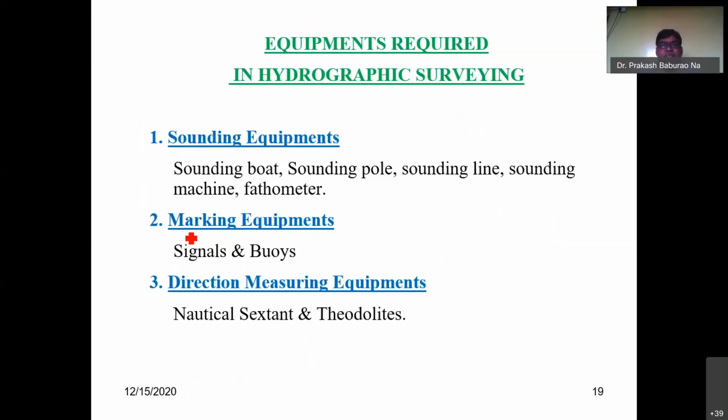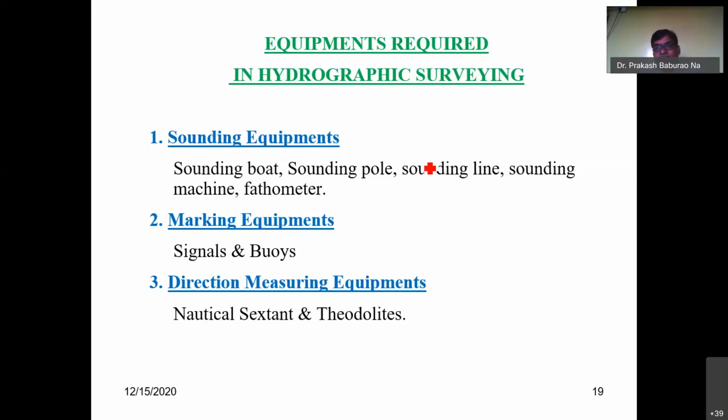Then the very important part, that is the major topic, is about the advanced surveying equipment and the techniques you have to utilize. That is the main objective behind this FDP. So these are the list of the equipment: sounding equipment, then marking equipment, direction measuring equipment. For sounding equipment, a sounding boat is also utilized, a sounding pole is